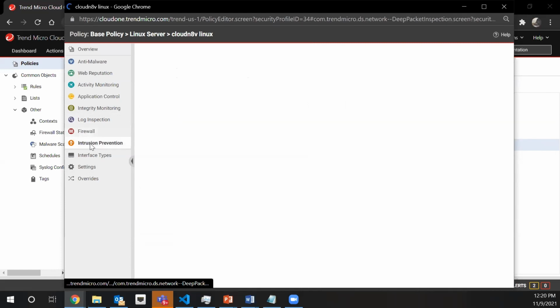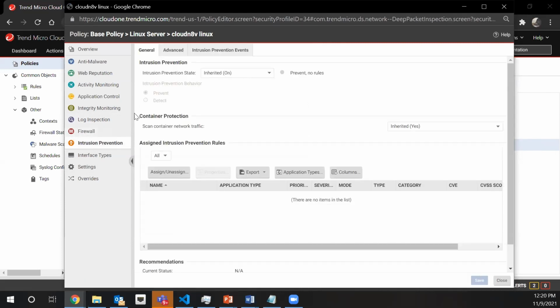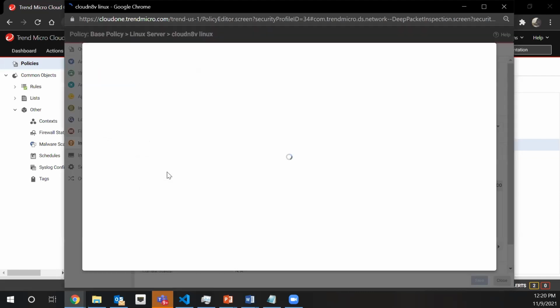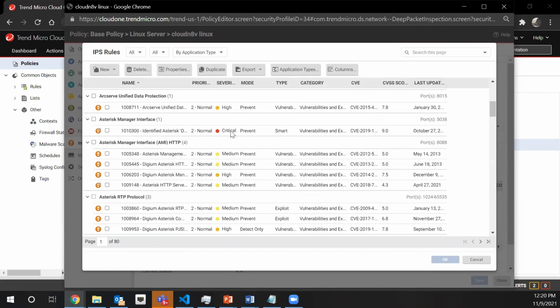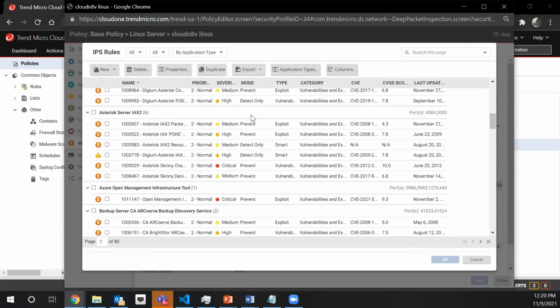And then intrusion prevention, the last piece here. This is a very, very strong piece of workload security, and this is kind of what gives us a leg up across the whole competition today: basically applying a virtual patch to the machine. So in here is a massive list of vulnerability rules that we have identified either ourselves or through